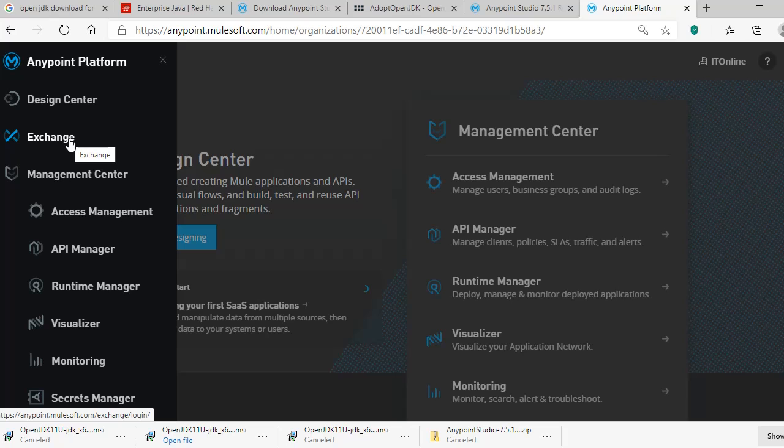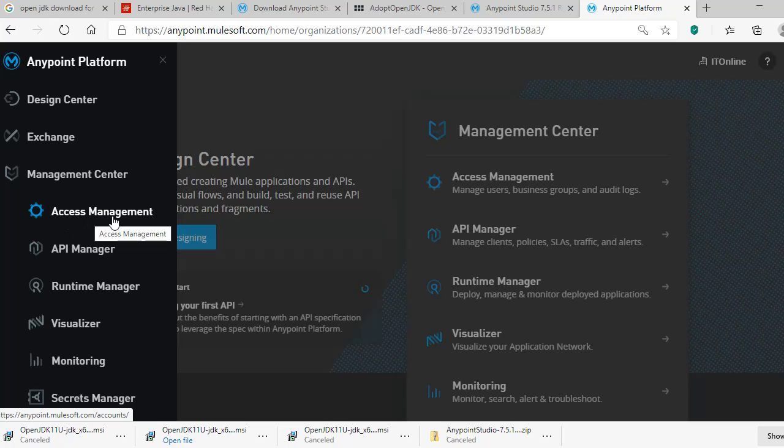Exchange is where we are publishing our assets, or we can utilize assets, which are common connectors or REST APIs or any other applications. We will open it and see what different components are available in exchange. These are the main features of Anypoint platform actually.